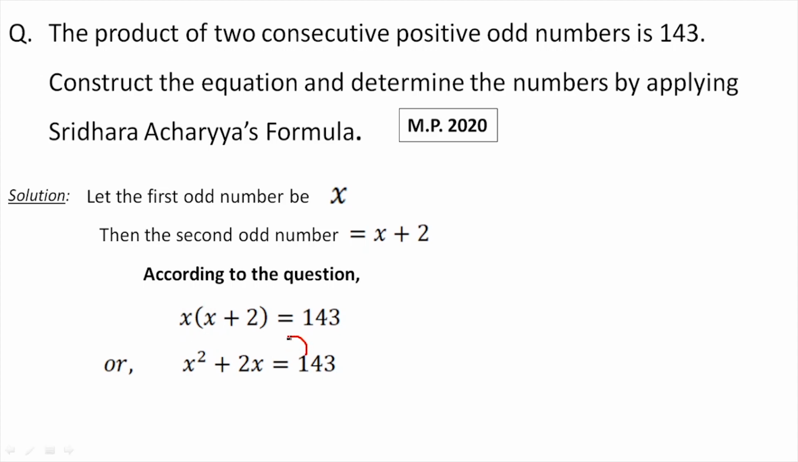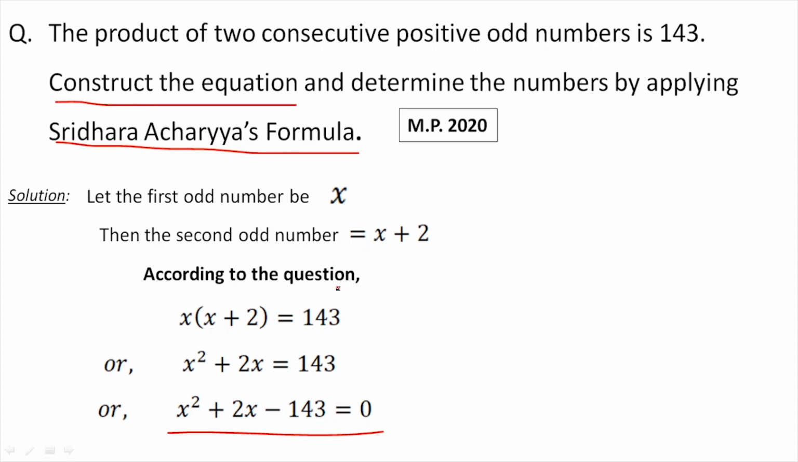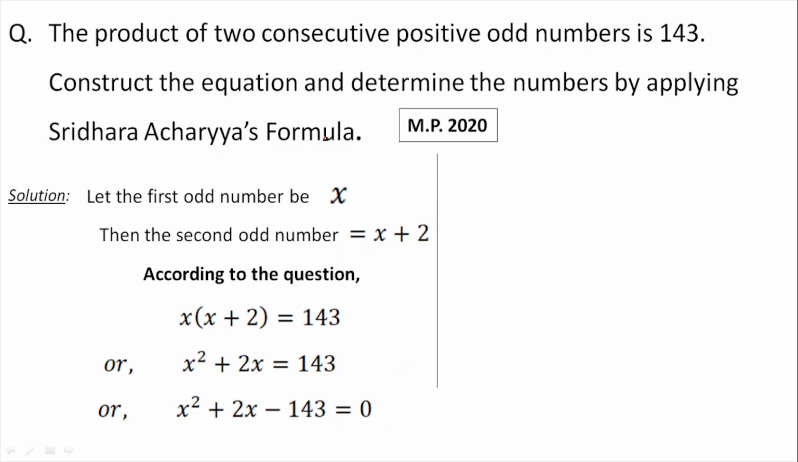Now we'll bring 143 onto this side. So what we will get is x square plus 2x minus 143 is equal to 0. Now this is a quadratic equation. Now we need to solve it by Sridharacharya's formula. So construct the equation, we have already constructed the equation. Now we will solve it by Sridharacharya's formula. Now in Sridharacharya's formula,